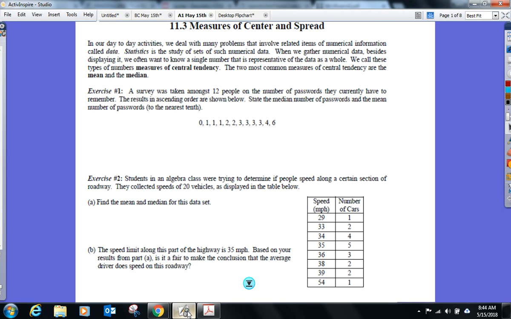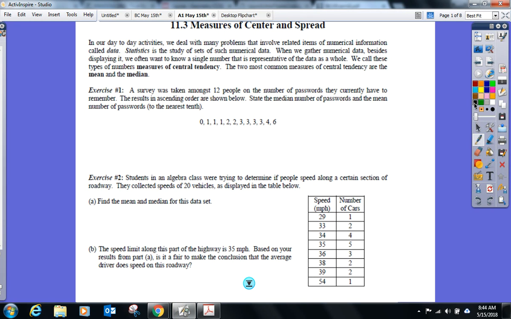So I have a bunch of numbers here. I guess it's the number of passwords they currently have to remember. State the median number of passwords and the mean number of passwords. Okay, I think we can do this without the calculator, but we're going to do it both ways. So can we do this without the calculator right now? The mean,